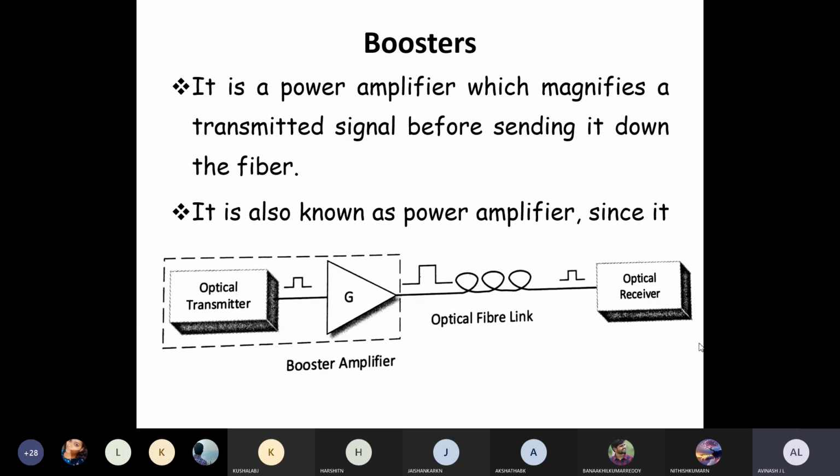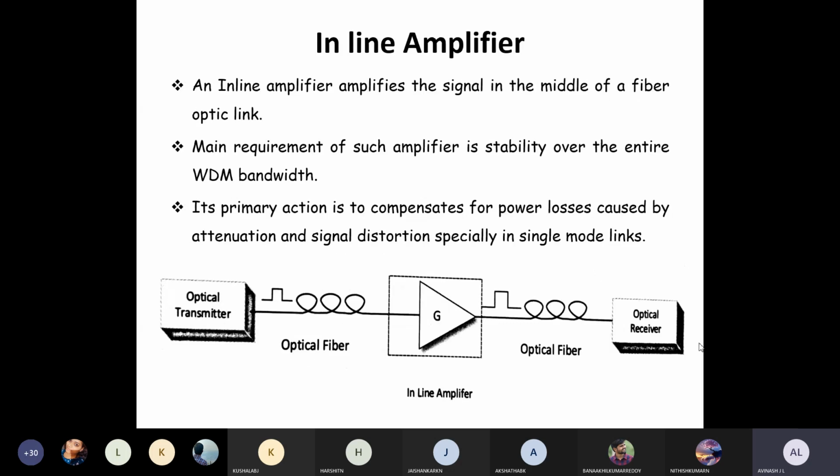For an electrical signal, amplitude implies the power of the signal. Here, the intensity of the optical signal is the power. If intensity levels are getting reduced, we are saying that we are losing the information. Once we are losing the information, there is no meaning in doing the communication. Once the communication is happening, it should happen properly. That is the first criterion. If it is not happening properly, then what is the meaning of doing it?